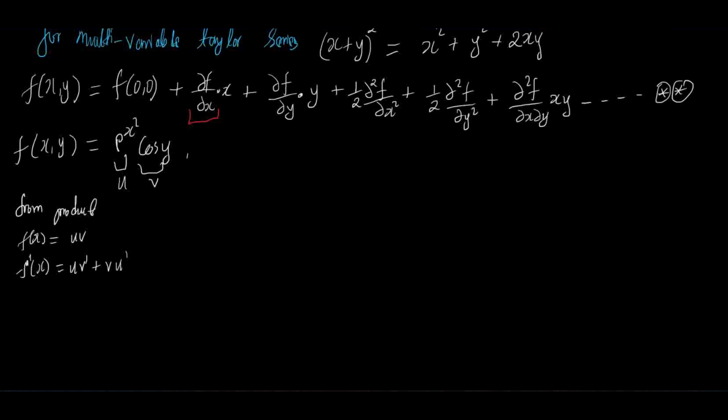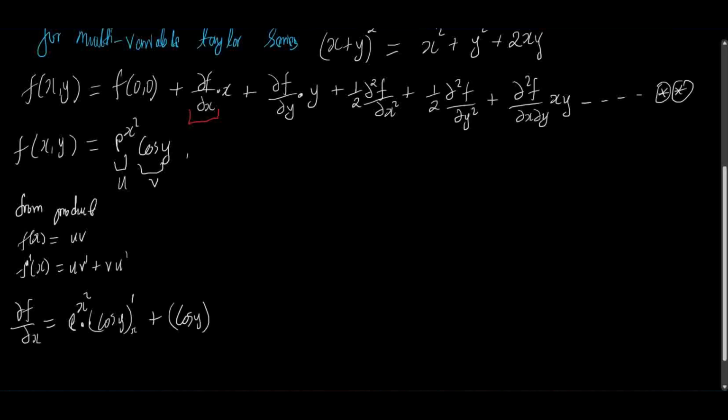And so if we apply that here, the partial derivative of our function f with respect to x will simply be equal to, we're going to keep e raised to the power x squared constant, then we differentiate cos y with respect to x, plus this time around we're going to keep cos y constant, then we differentiate e to the x squared with respect to x. And if we want to simplify that,